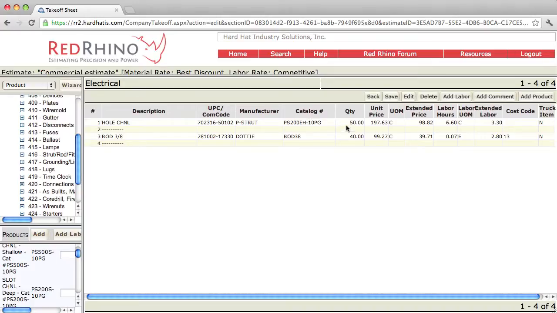This is what's important. It shows a quantity of 50 feet. That's what I input. It shows the unit price here at $197.63 per hundred. Now you have to pay attention to what the unit of measure is here. Most often the unit of measure is set up just like you would buy the